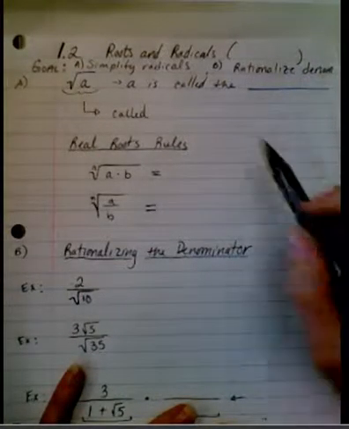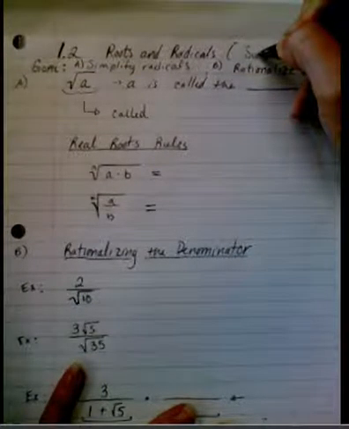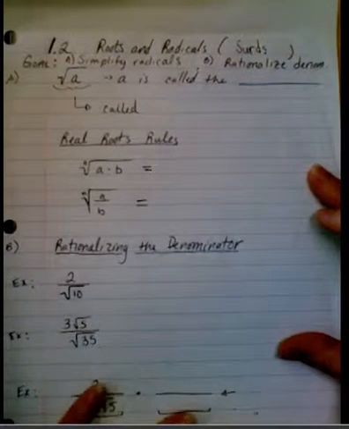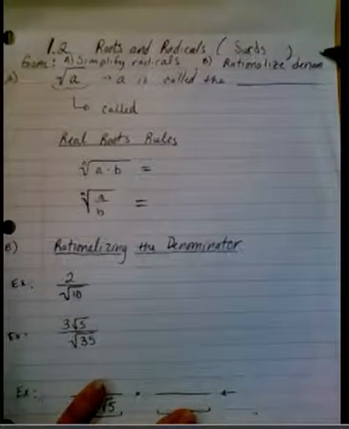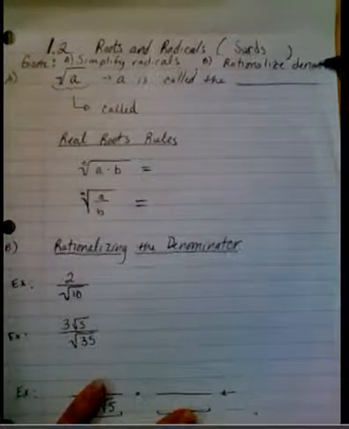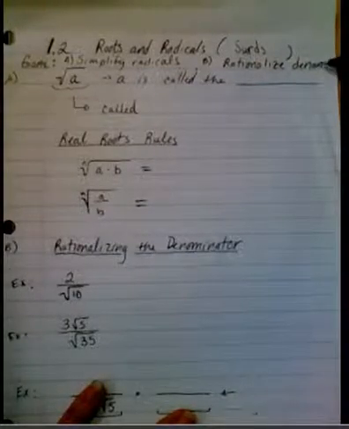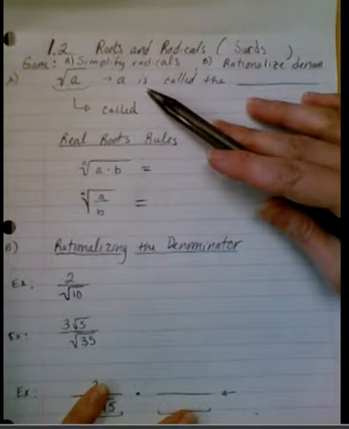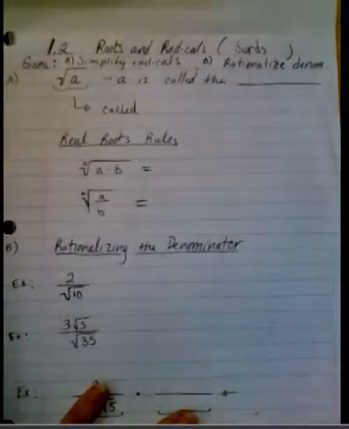1.2, roots and radicals, and these are sometimes called surds. So we're going to go through two things, simplifying radicals and rationalizing denominators. We're going to briefly look at rationalizing a numerator, which is kind of a funky thing, but we'll go over it real quick. Looking at this statement right here, if I'm looking at the square root of a, that is called